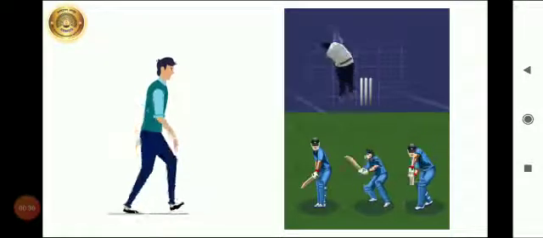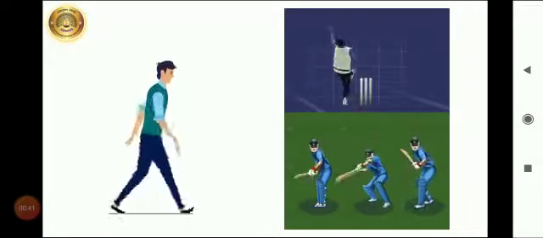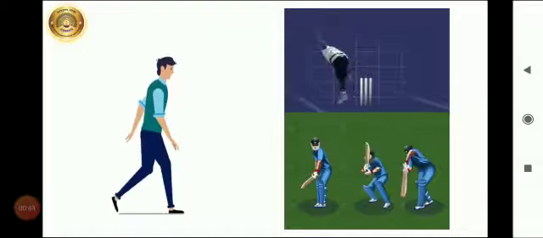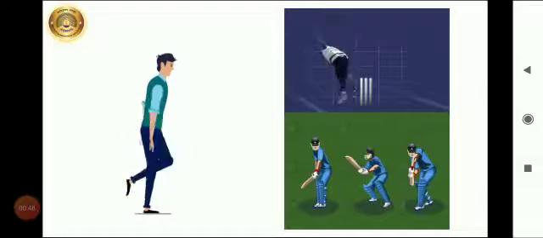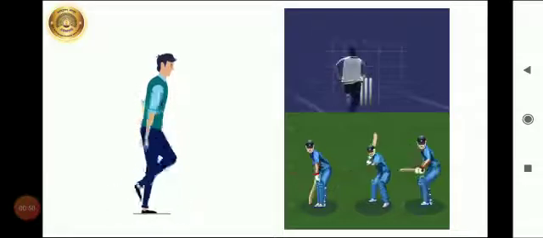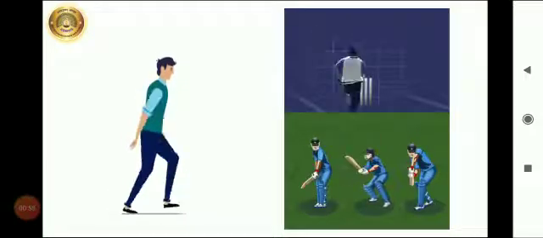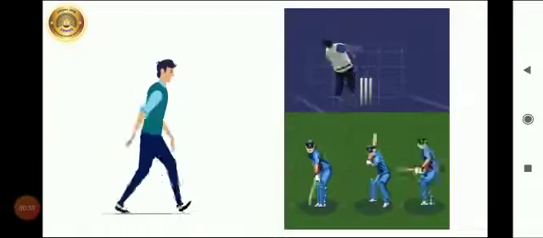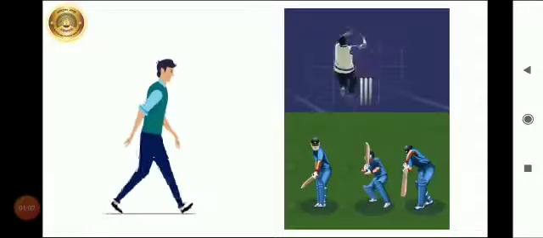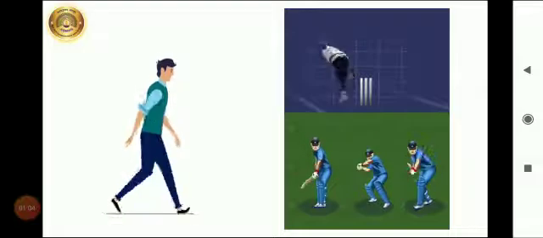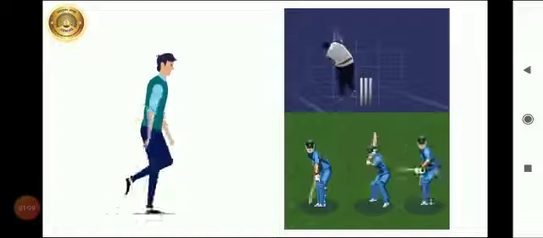Students, you can see the pictures in the slide. Some actions are shown. First is walking, second bowling and batting. While doing these actions, different body parts show the movement. While walking, the legs are used. While bowling, shoulder, arms and legs are used. And while batting, wrist and arms are used.